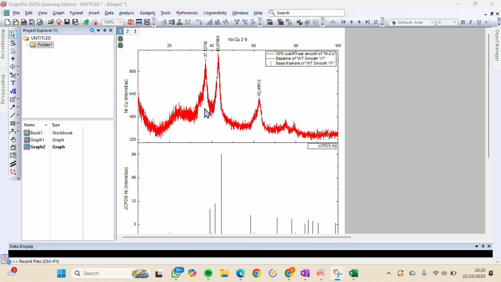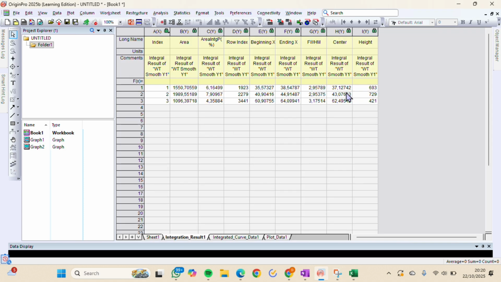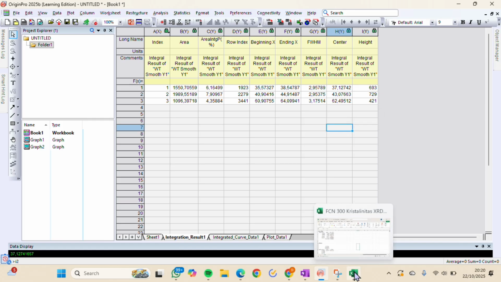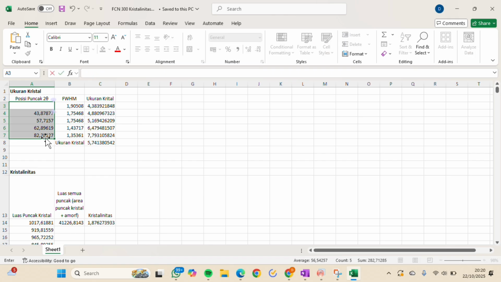And after that, we go to the book 1 with the type workbook, and we copy the center number, and we go to the Excel formulas, and then in this page we delete the formulas that people have used before.